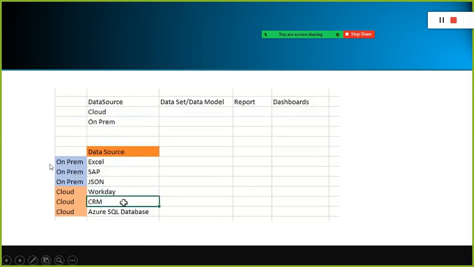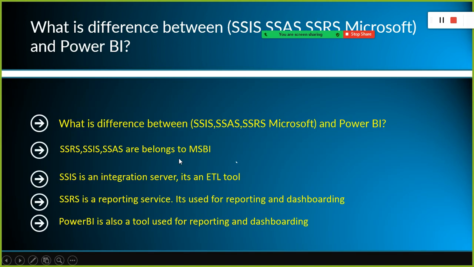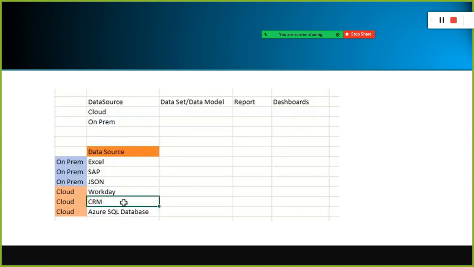So in that case, what we do is, my source system itself, 3 files are available inside my premises office, and 3 other different data or source files are available on cloud. So you need to take these 6 files from cloud as well as from your local server, and then you need to combine these things into a data set. We need to combine all these things as I showed you in the first PowerPoint, first slide. You need to combine everything in a single one. That is called your data set.